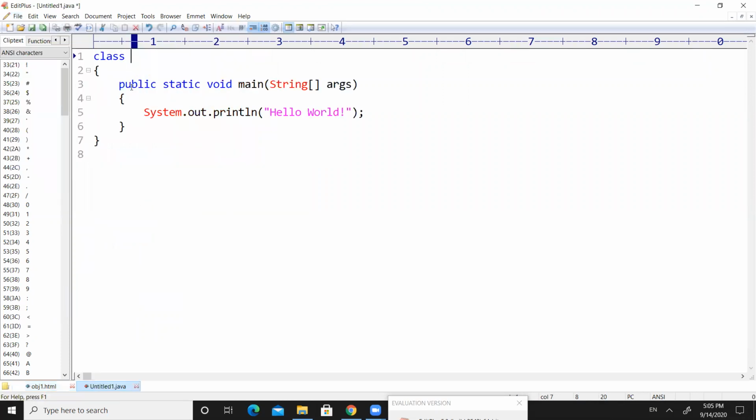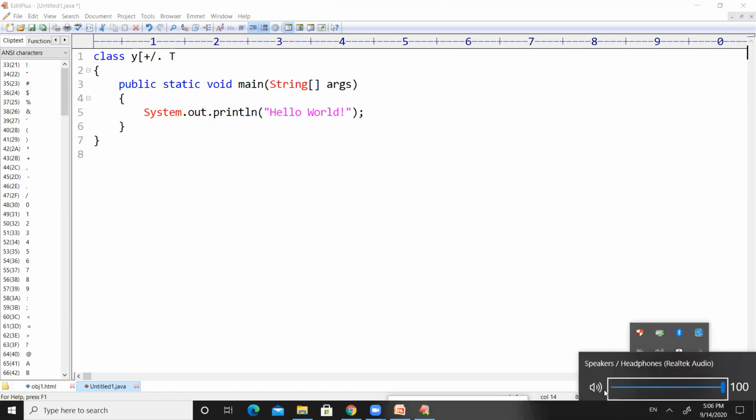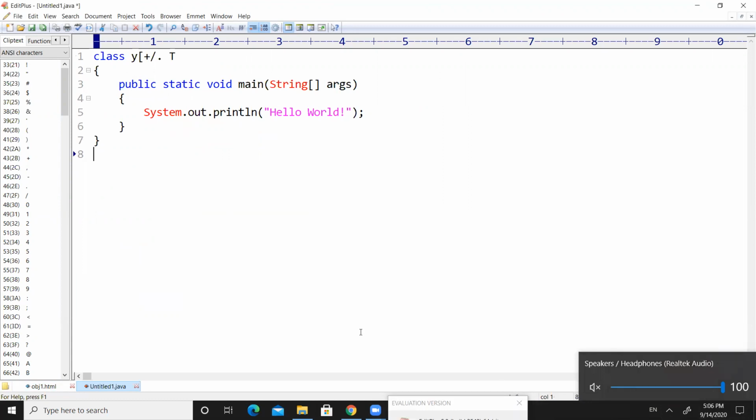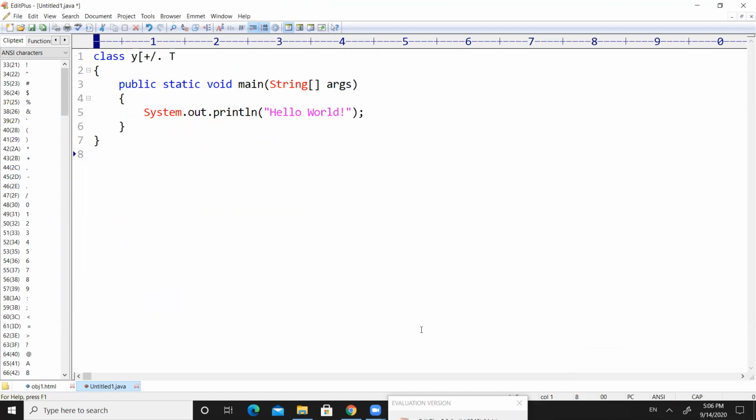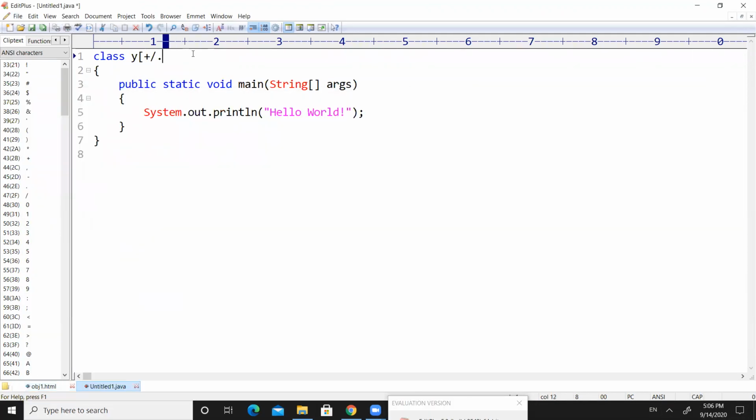Let us take a new Java window. I'm defining this one as FL.